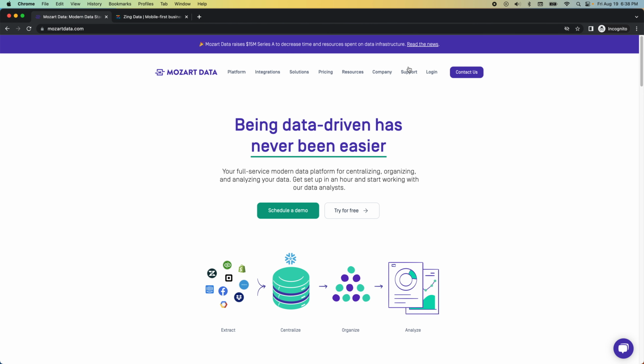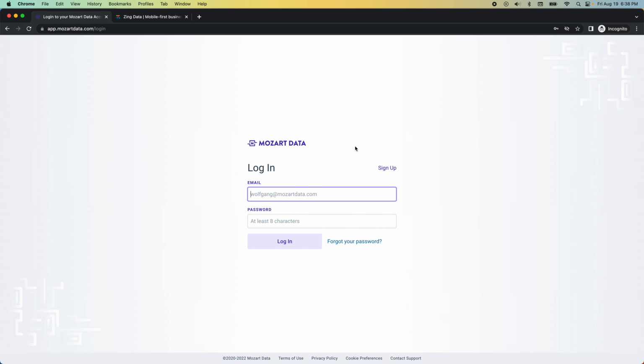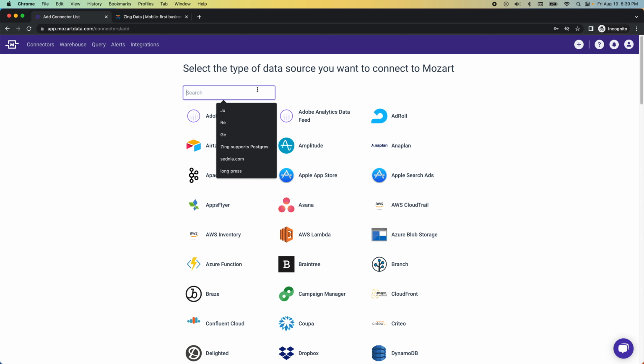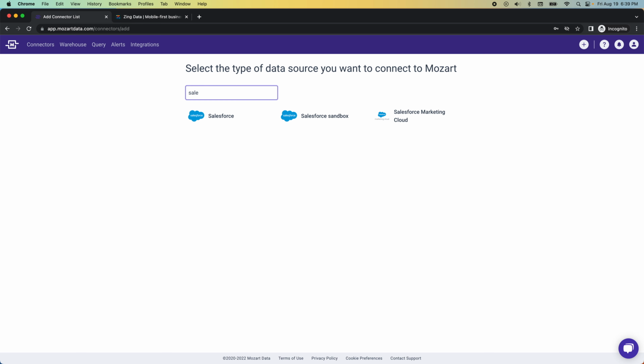Let's dive into it. First, we're going to log into our Mozart account just by going to mozartdata.com and hitting login. We'll drop in our credentials, and then we'll see the connectors that we have set up and configured. Here I have SendGrid and Amplitude already set up, and I can see that they've both synced within the last hour. If I wanted, I could add additional data sources, things like Salesforce, Workday,